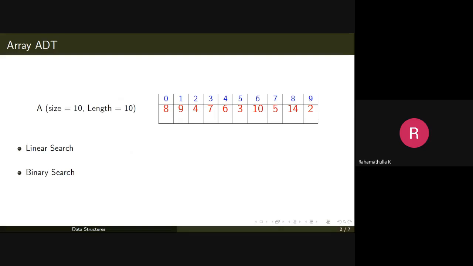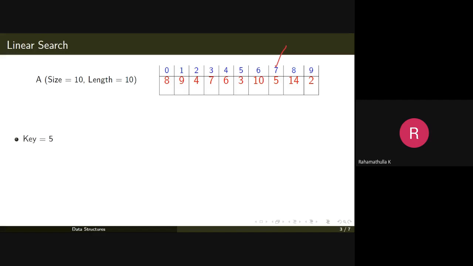Linear search is going to perform the search operation in a linear fashion in the array. I think you are familiar with linear search and binary search algorithms. Usually, while searching for an element in the array, the element we are searching for, we call it a key value. So in this case, key equal to 5.